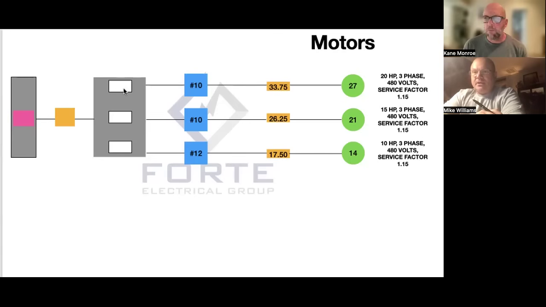Yep. So if you could slip into that room now and just kind of look, and maybe you've got a little circulating pump or something in there, you can do all of this. Now, you can look at that pump, find the FLC of that pump, and you can work all of that back